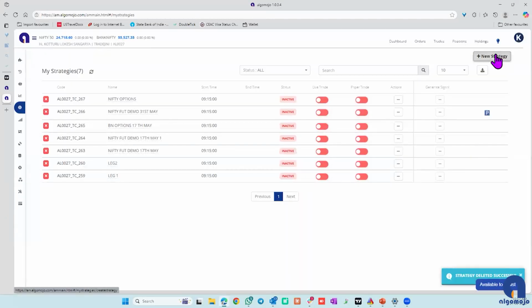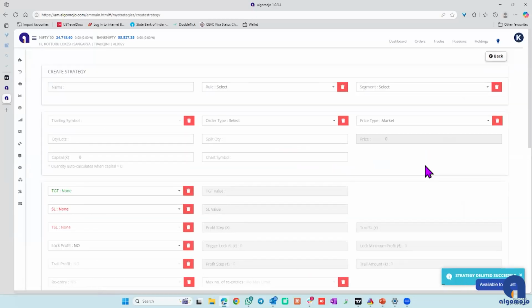So, create a new strategy here wherein we say what we want to trade. This is the first thing that you need to define in the platform, as to what you want to trade. Give a name. It can be anything. Say, let's start with Nifty futures, the first instrument to check. How do we do the setup for NF demo? I'd say 14th June. And rule,